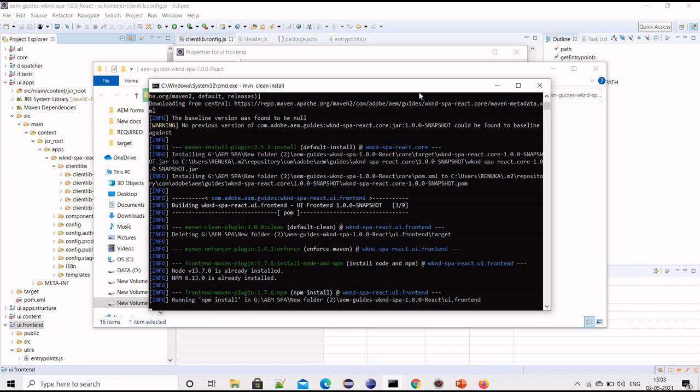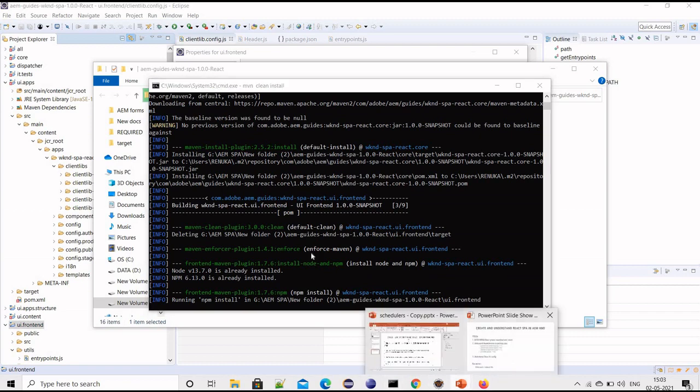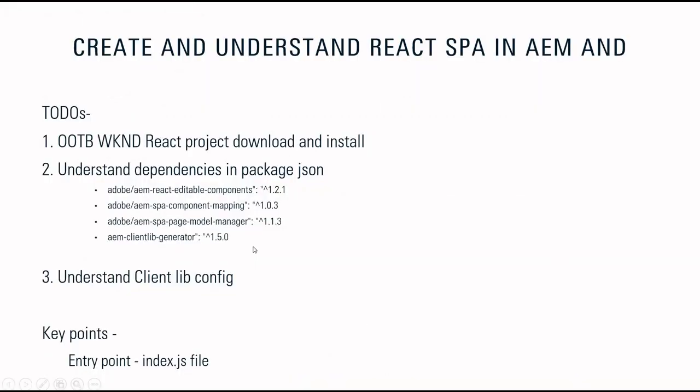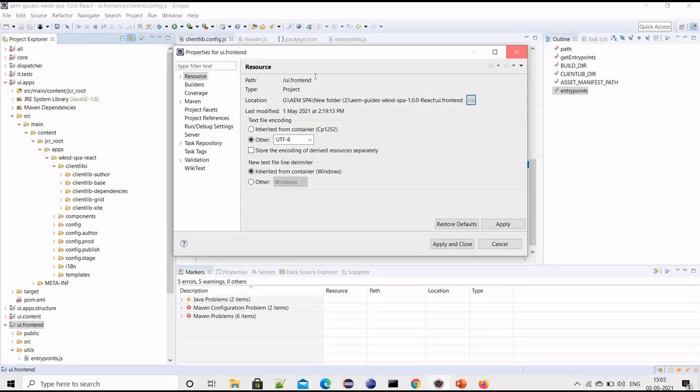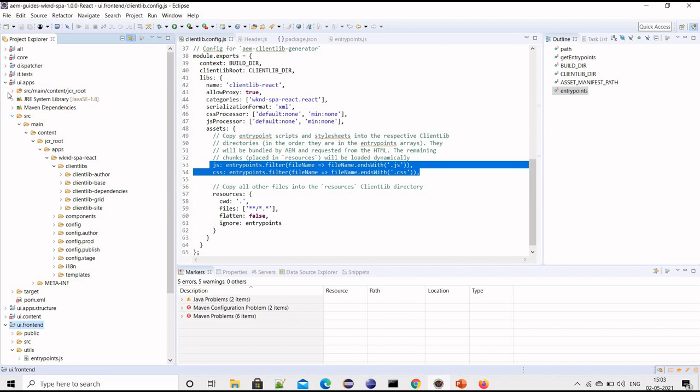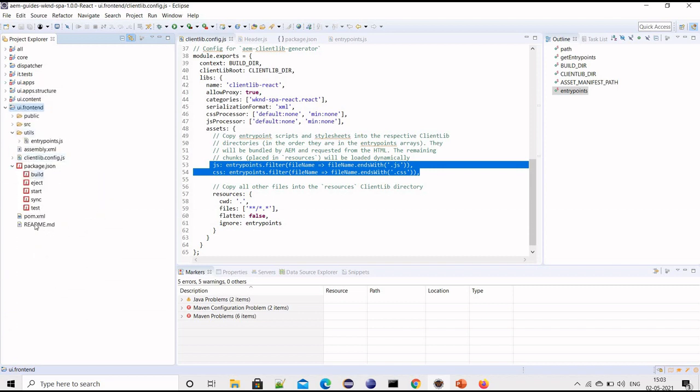Meanwhile, while this build completes, let's understand the code logic. If we go to this file again, there is an index.js file inside UI frontend under src that will be the entry point of the application.